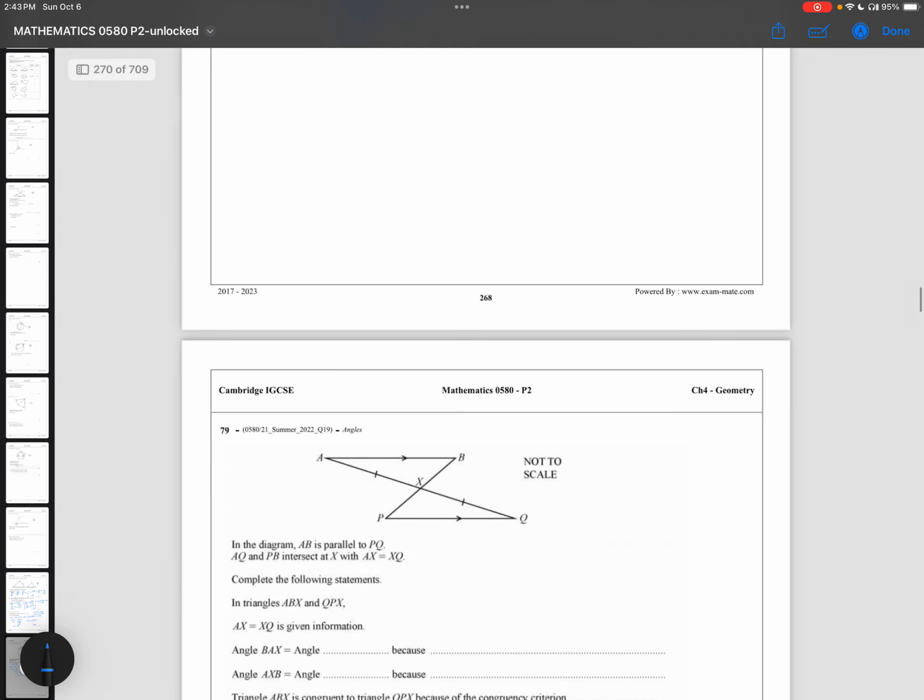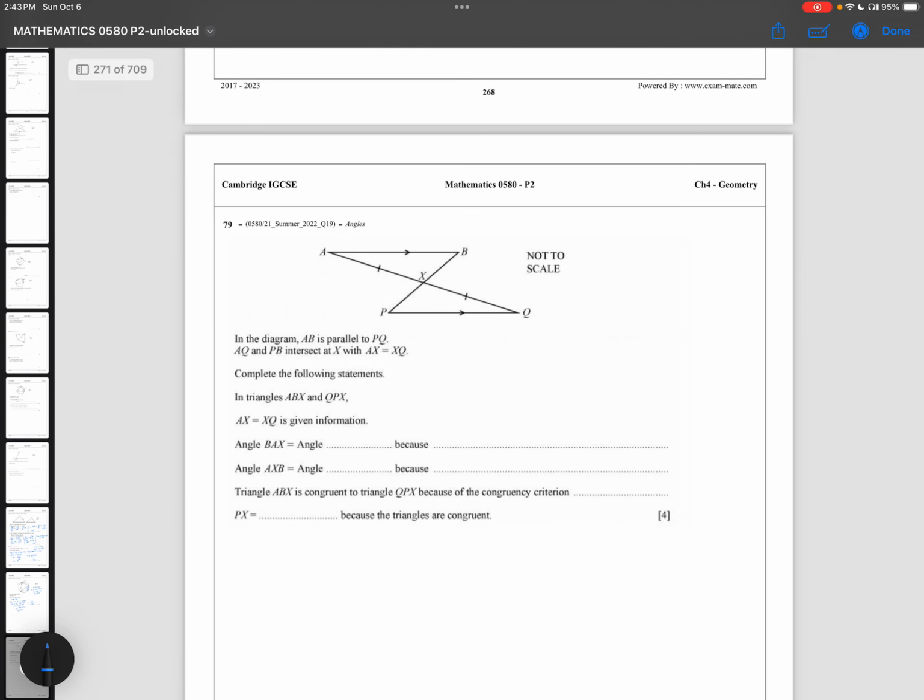Now let's move to the other question. Question number 79. It says in the diagram AB is parallel to PQ. AQ and PB intersect at X with AX equal to XQ. We need to complete the following statements. In triangles ABX and QPX, AX is equal to XQ. This is given. Angle BAX is equal to angle